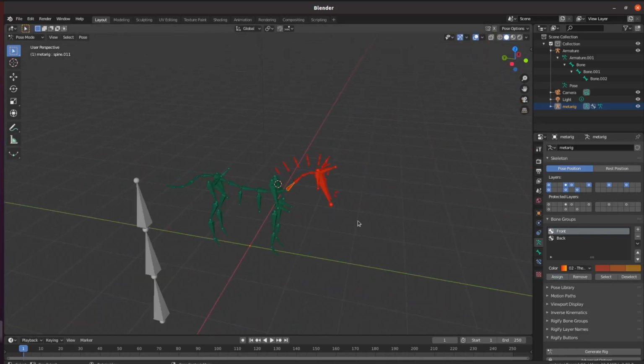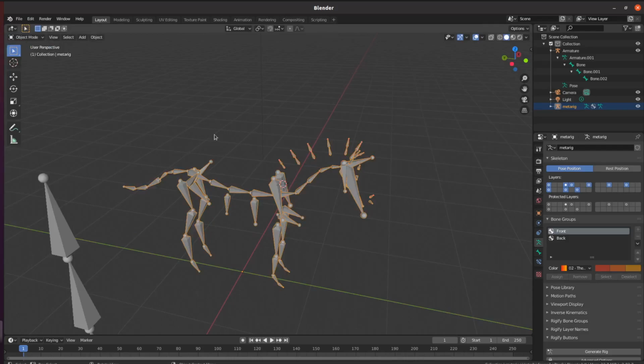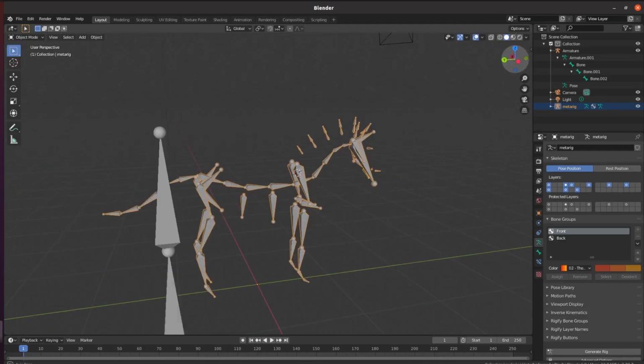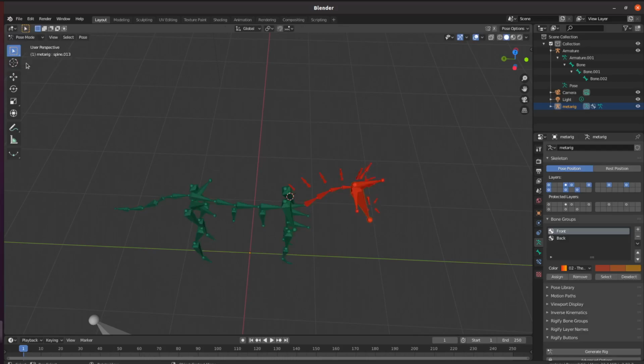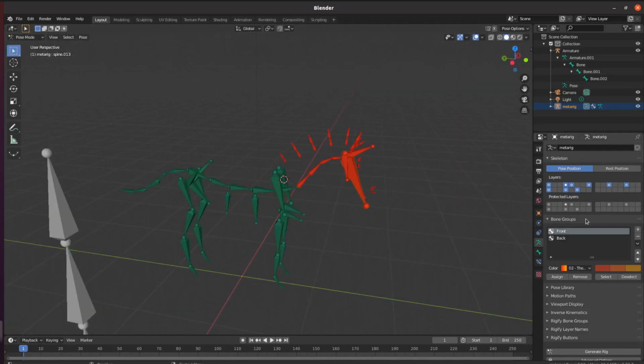So now again, let's go to the object mode, move it a little bit. So now if we ever want to work on one group of the bone armature, you can always just go here and visually see which group we're talking about, and that is how I would group them using the bone groups. And again, the layers are used in order to